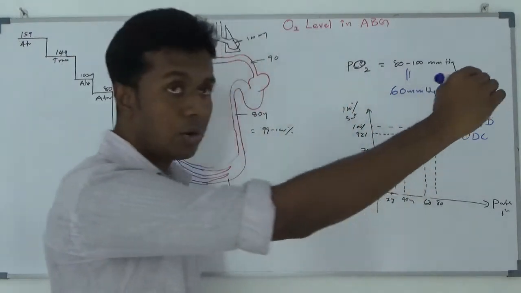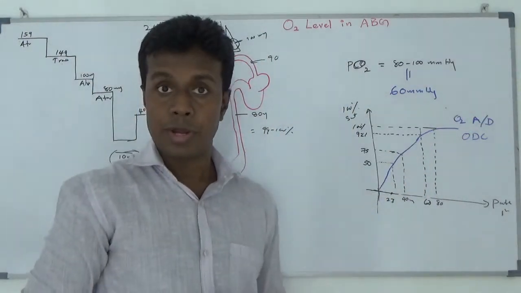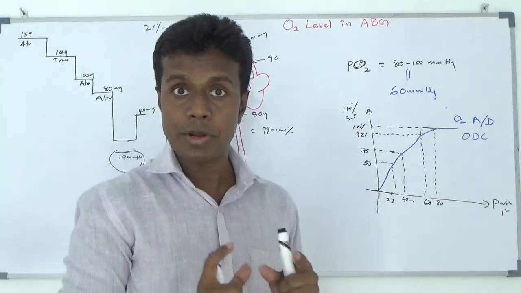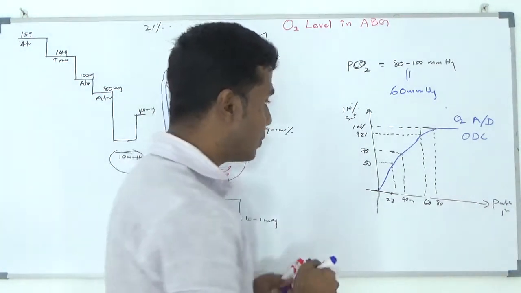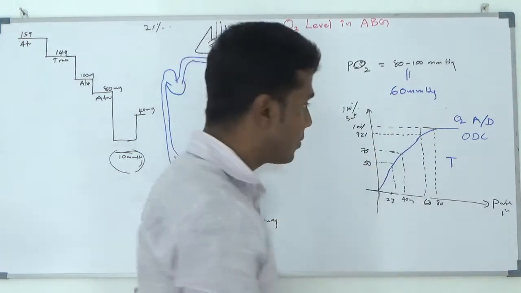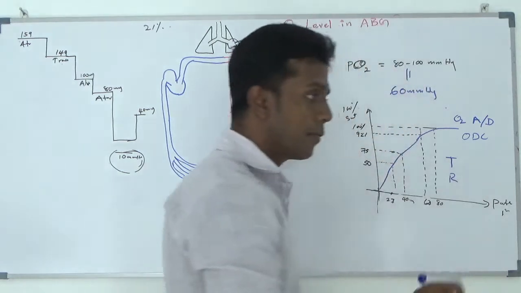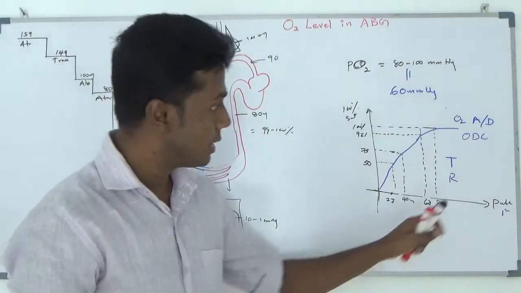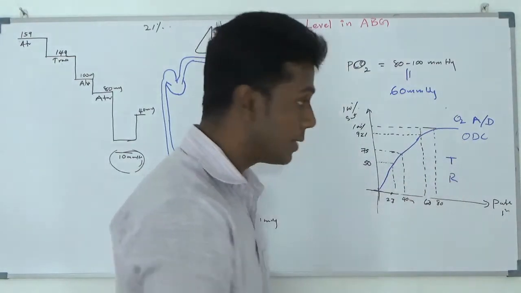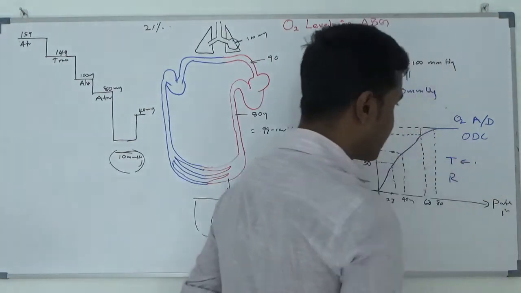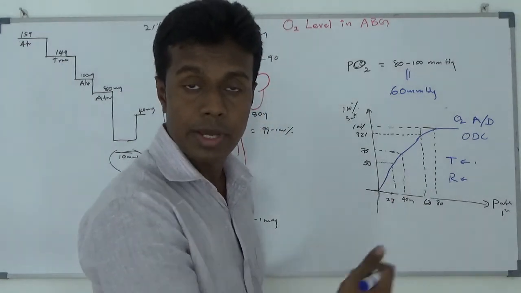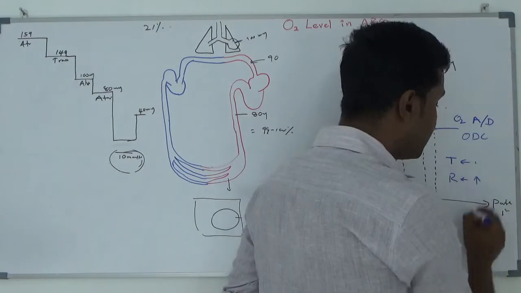The reason for this sigmoid shape is this: when your hemoglobin is free of oxygen, it is in what is called the tense state. Once oxygen is bound to it, it becomes the relaxed state. Further oxygen binding will be easy because it is now relaxed. The first oxygen bindings are very difficult because your hemoglobin is in the tense state. Once one or more molecules are bound, it becomes relaxed, and the rest of the oxygen binding will be easy.